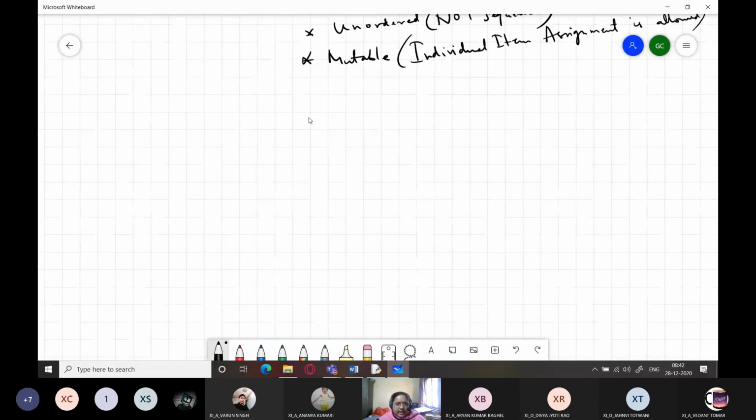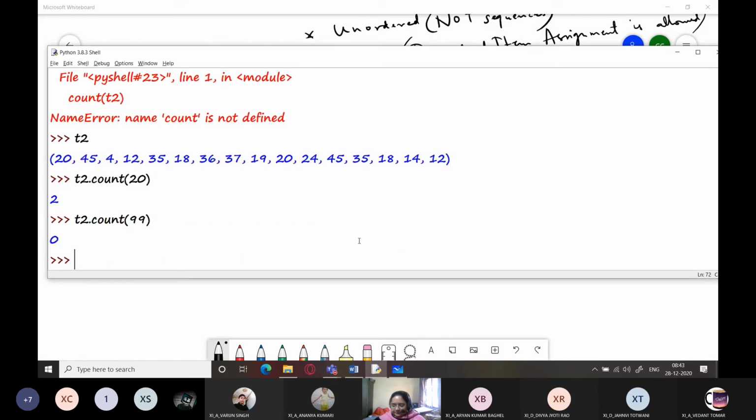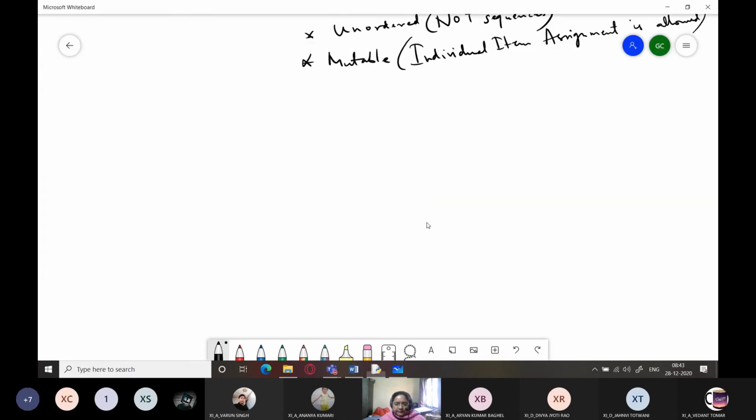Let's try to see an example of a dictionary. So I'm going to create a dictionary here. I'm creating a phone book, and that phone book contains key value pairs where the keys would be the name of the person and the phone number would be the value.